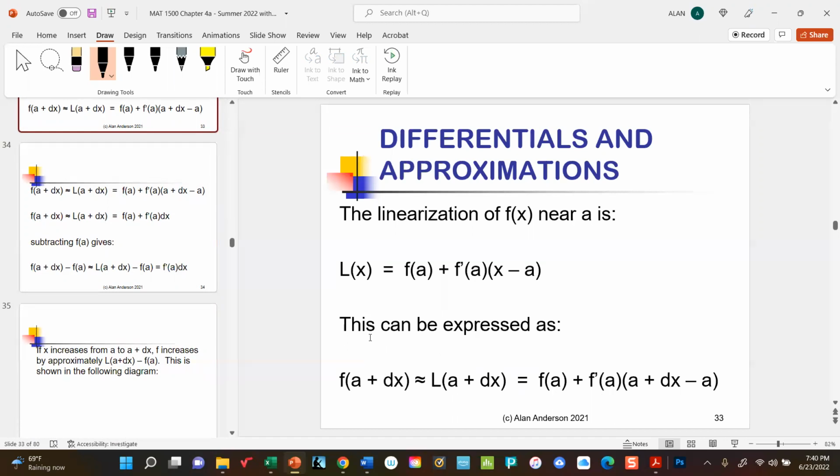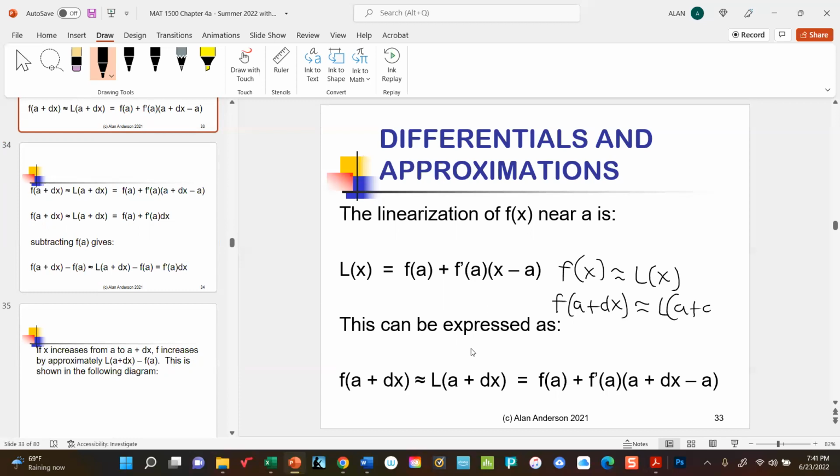Now, what they've done here is they've said, well, listen, what happens if instead of being at point x, we're at a plus dx? In other words, a is some starting point, and then we have a tiny little change in x. So since f of x is approximately equal to L of x, it means that f of any function or any value, like here we have a plus dx, must be approximately equal to L of